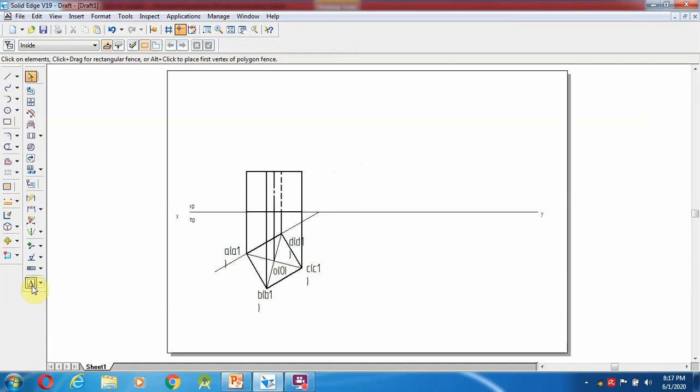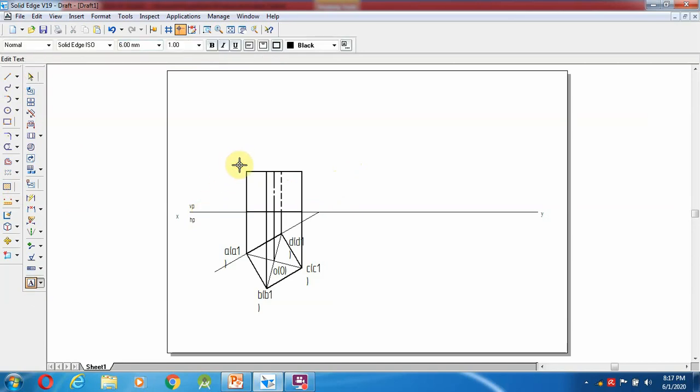So go over here, select a line. So from A dash, so this is the B dash, this will be the C dash, and D dash.